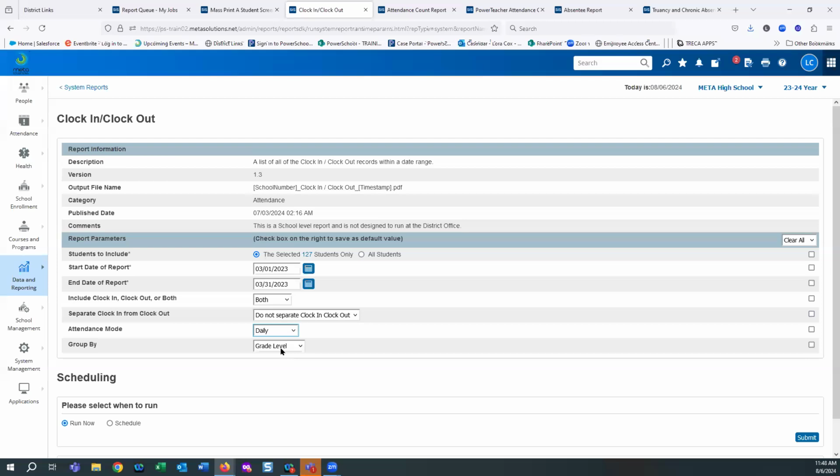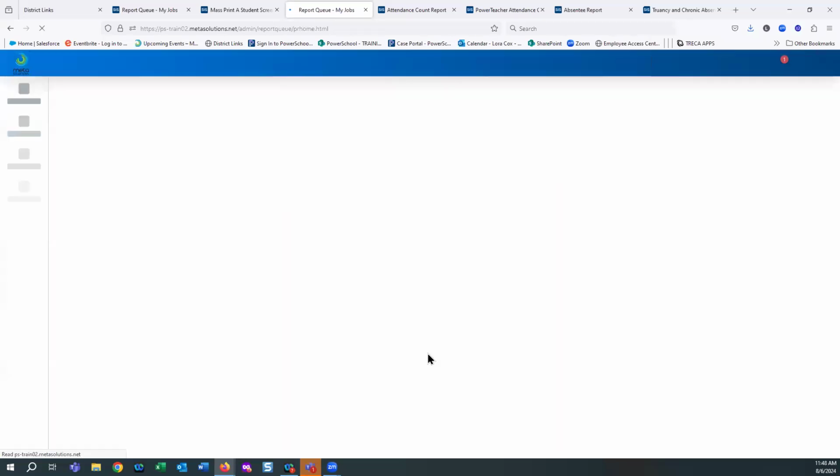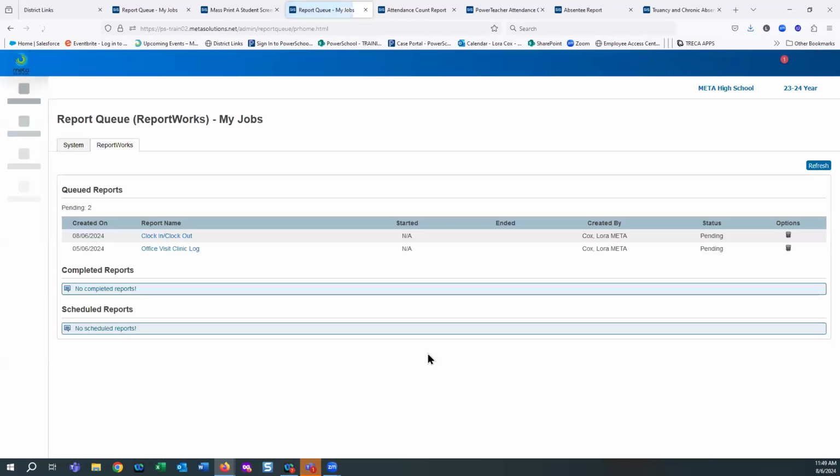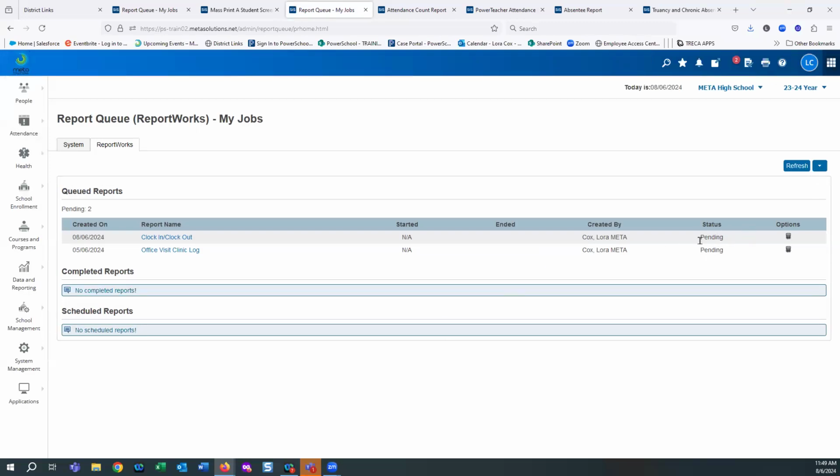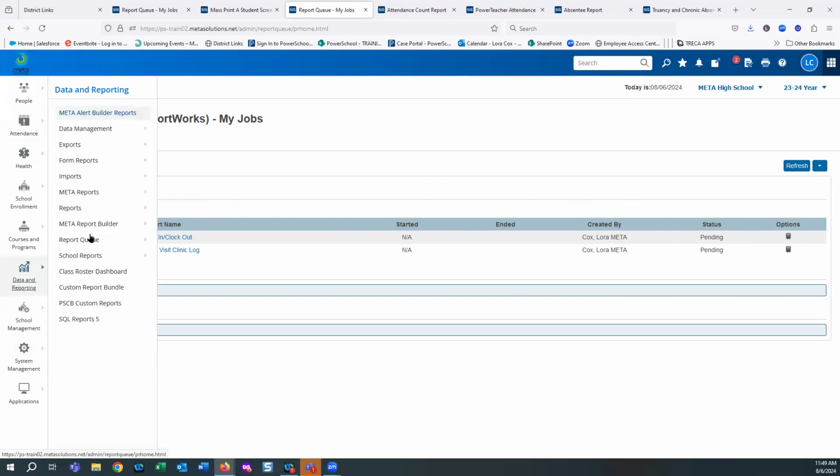And then how do you want to group it? So I'm going to say by grade level. And it's running right now. So it's a nice report. It just gives you each of the students that you had in your list and any clock in and clock out times that they had in that date range. It's a helpful report at times, but even more so, I think a report you'll want to see